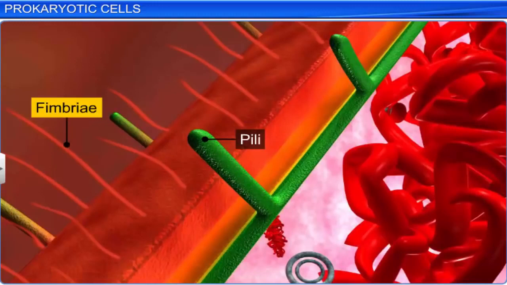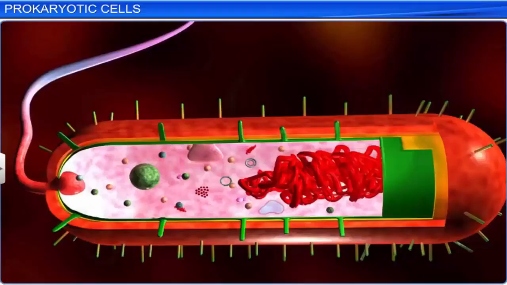However, these structures don't play any role in motility. While pili and fimbria are present outside the cell envelope,